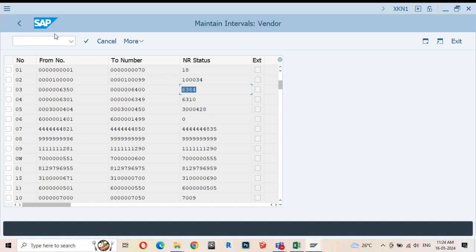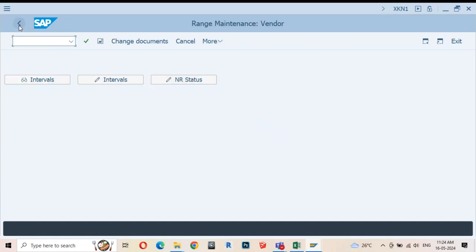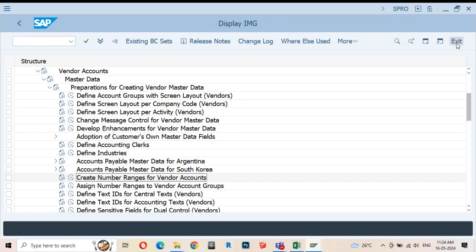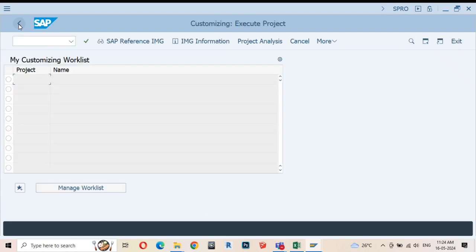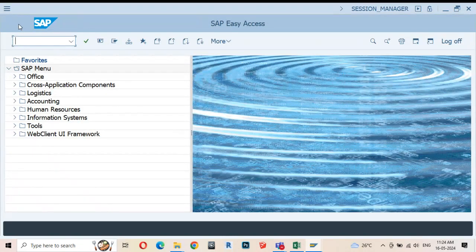Clear? So much for the explanation as far as your vendor account group and number range are concerned. This is all the responsibility of the consultant. You have absolutely no role as a user to create the vendor account groups. Now, what is the role of an end user? The consultant who is responsible for training the employees in the AP department